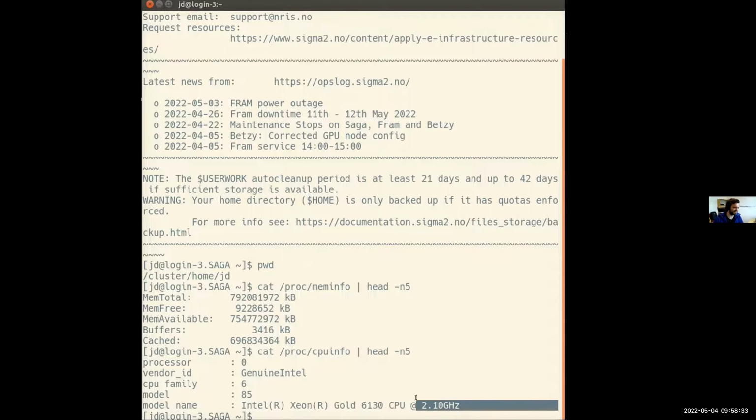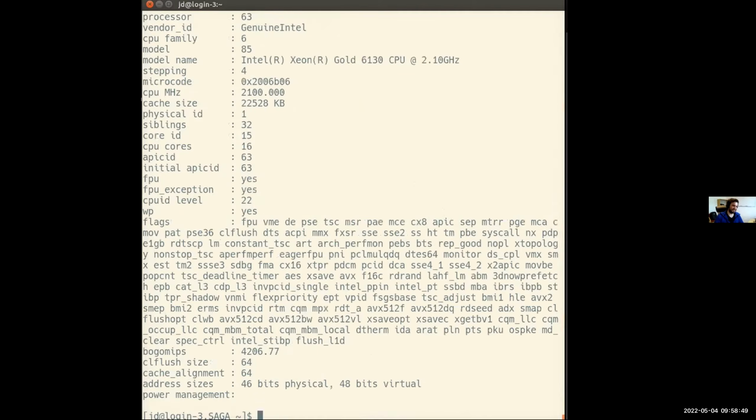It's not particularly powerful, you might have a few gigahertz in your own computer, but it has a lot of cores, and I'm not sure now. Let's see what the whole file looks like. And then, where is it? Here's the number of CPU cores: 16.